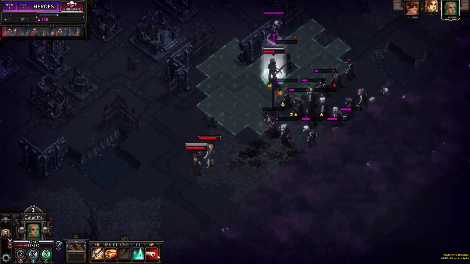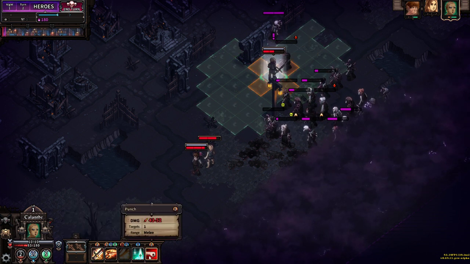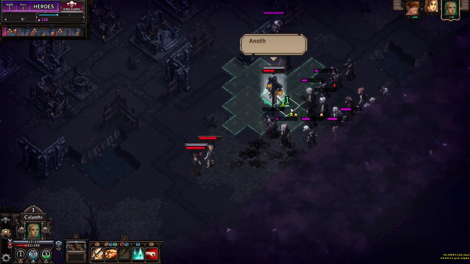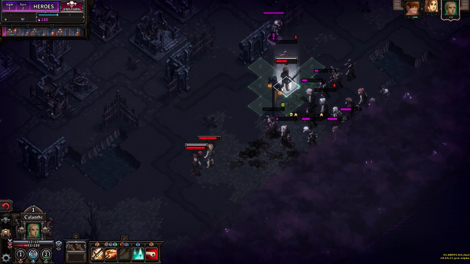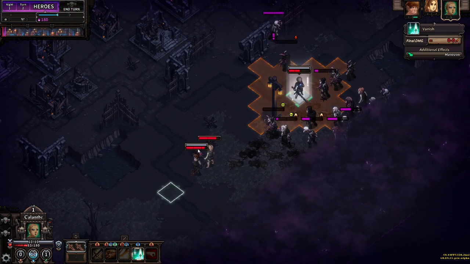Oh, that's unlucky. Oh, they both cost 1 action point. I should have just, that was dumb. I could have killed them, but I didn't. So, like, I'm being a little bit sloppy here, but